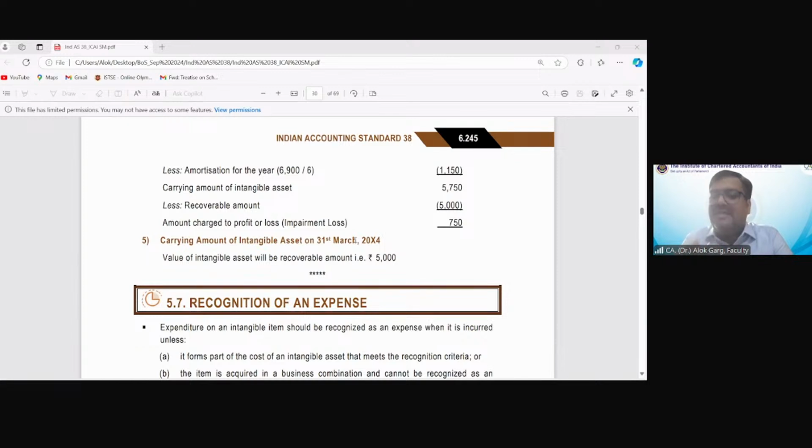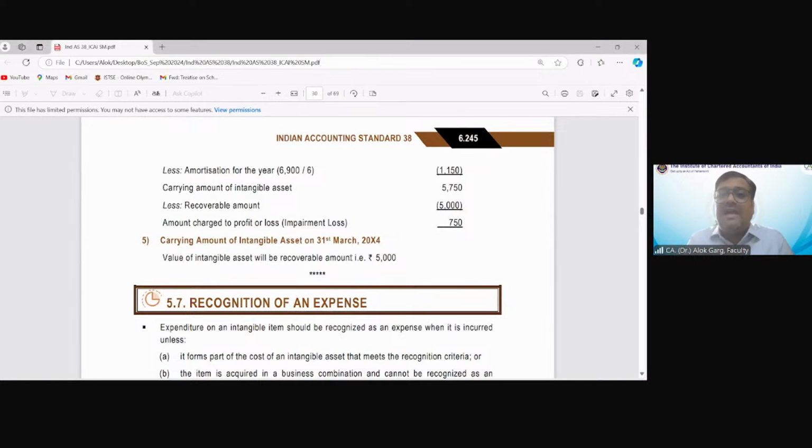But dear students, from the examination perspective, you have to just behave like horses, right? Your vision should be clear. You just need to see whether we need to capitalize or not. If we need to capitalize, once we capitalize, it becomes an intangible asset. Now I need to do the impairment testing also. Then you see what the recoverable value is. If it is given in the question, compare your carrying value with the recoverable value. If your carrying value is higher than the recoverable value, impair. If it is not, don't impair. Correct?